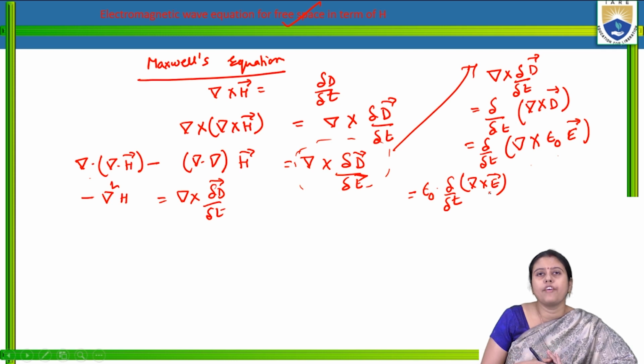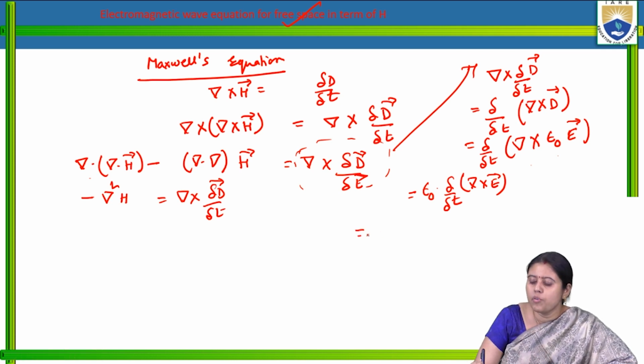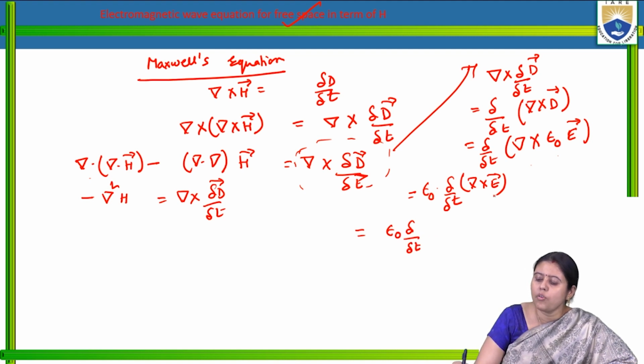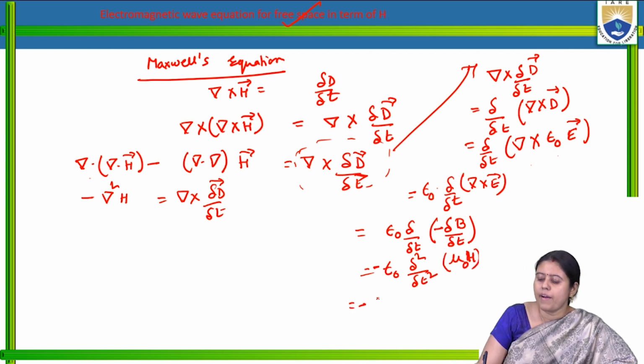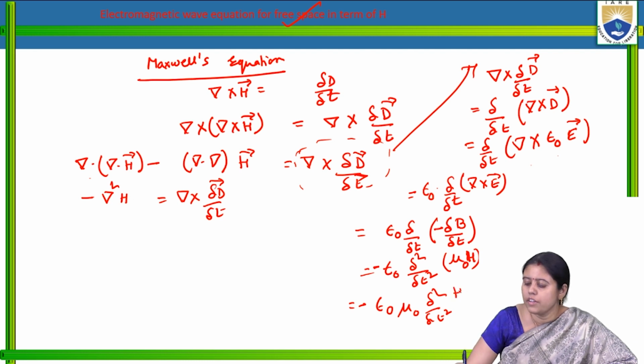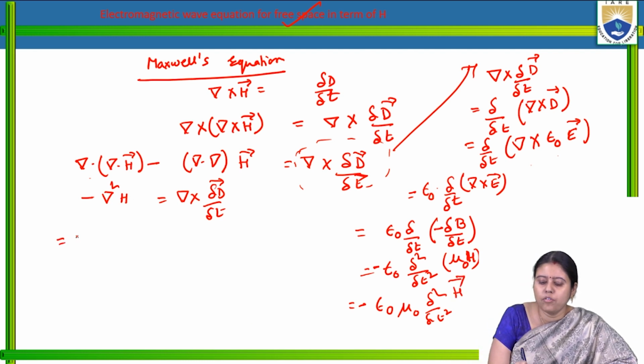Now from Maxwell's third equation, curl E is equal to minus del B by del t. And what is B? B is equal to mu naught into H. So we get minus epsilon naught mu naught del square by del t square into H. So if we put the value, we get